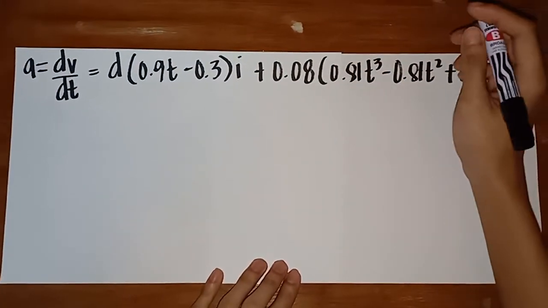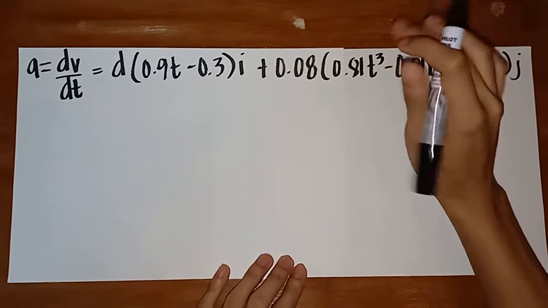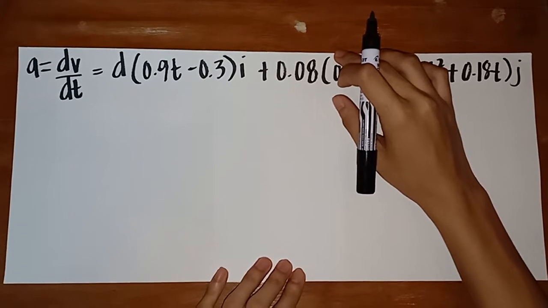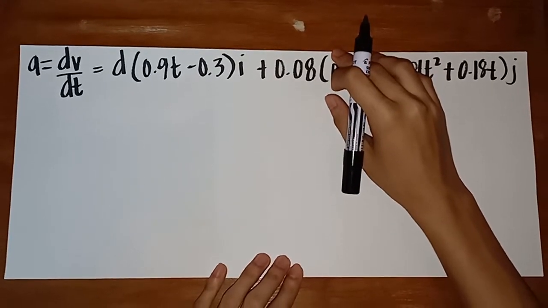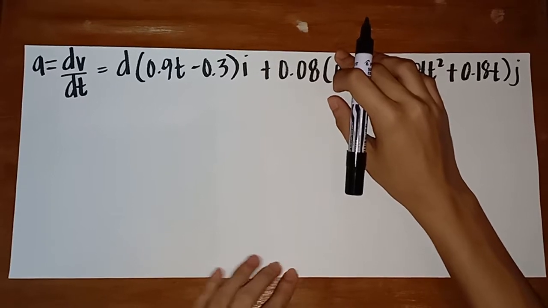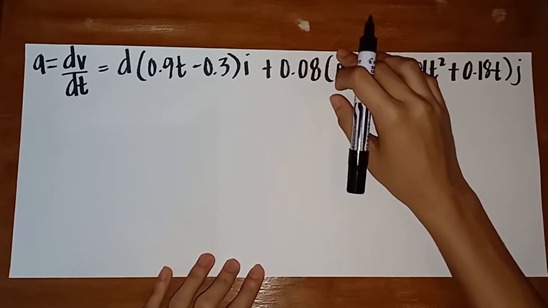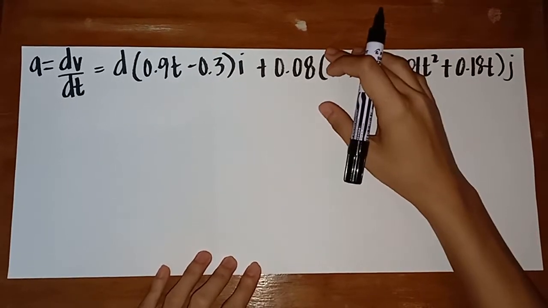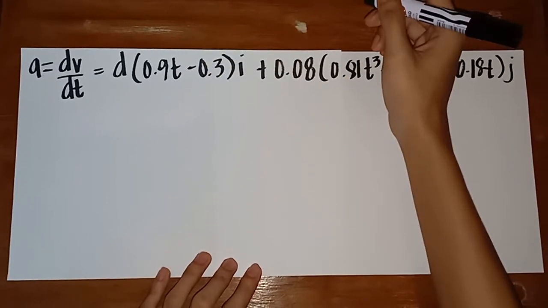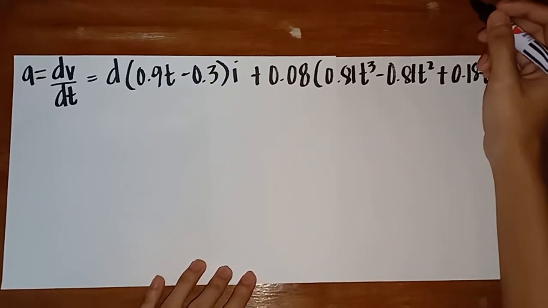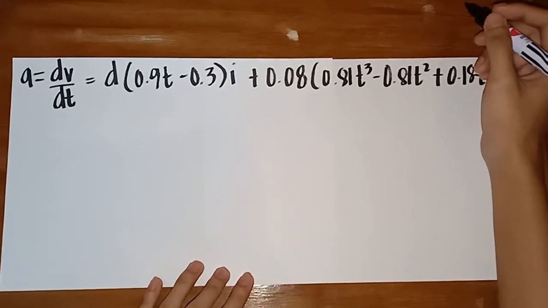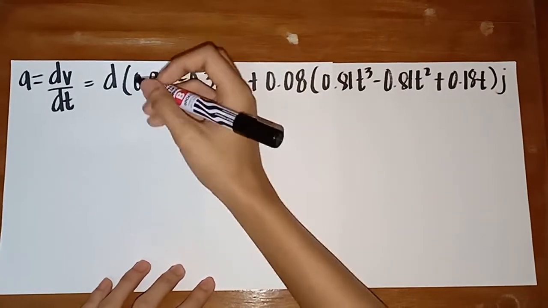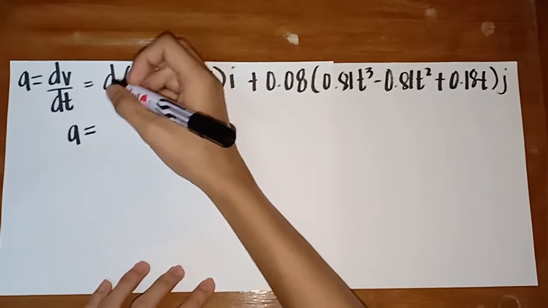And lastly, ang hinahanap natin naman is yung x and y component ng acceleration. So basically, sinabi nga natin nung una na acceleration is defined as the change in velocity with respect to time. So, i-derivative lang natin yung nakuha nating velocity kanina na 0.9t minus 0.3i plus 0.08 times 0.81t cubed minus 0.81t squared plus 0.18t. So, i-derivative lang natin yan. Makakuha tayo ng equation ng acceleration na